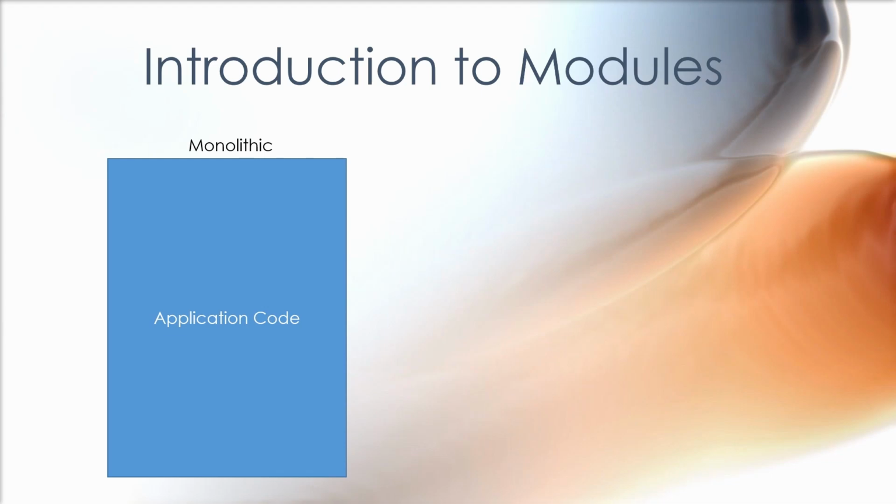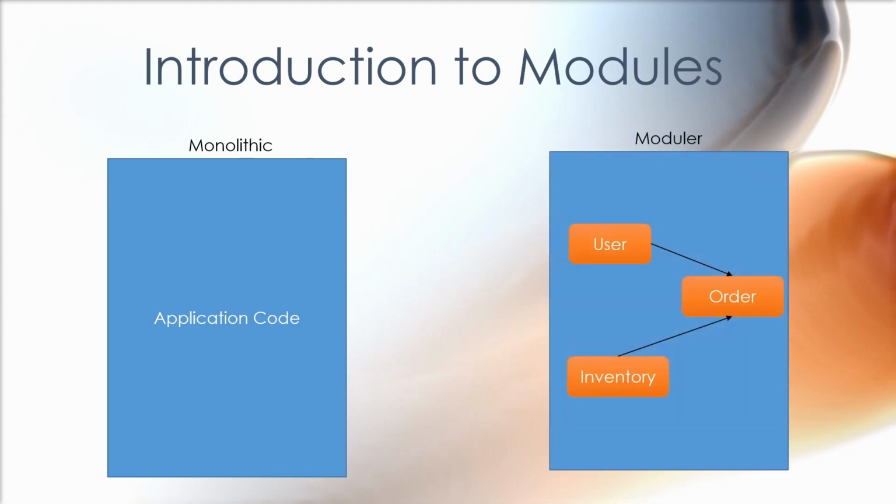This makes the application unmaintainable and also not scalable. That means if your application is small in size today, you cannot make it large tomorrow. This will take a lot of unnecessary modification in your application. On the other hand, we have a modular architecture where we divide our application into multiple modules based on certain functionality. The modules can work independently, and if one module needs to depend on another module, that is also possible, but that way the modules are loosely coupled. This makes your application greatly scalable and also maintainable.